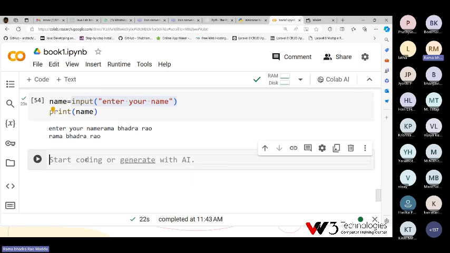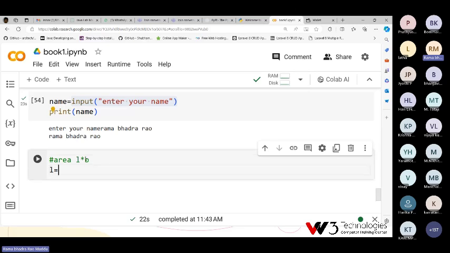So I want to create a simple program, otherwise I will calculate area, L into B, for example.